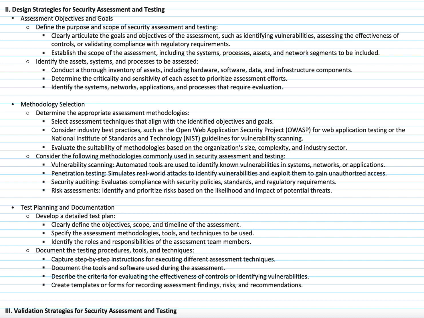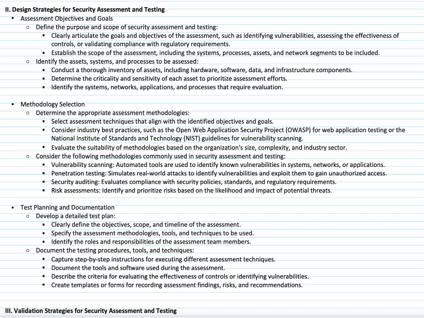maybe to keep the scope small. You need to also understand, when you figure out that scope, you need to look at your overall inventory of assets. Now, this would include hardware, software, data, any of those pieces to it, because that list of assets will be provided to the assessors. You need to determine the criticality and the sensitivity of these assets and then prioritize those specific efforts depending upon what you want to actually have accomplished. So again, understanding what you're trying to go after, understanding the assets, and then the criticality around these assets.